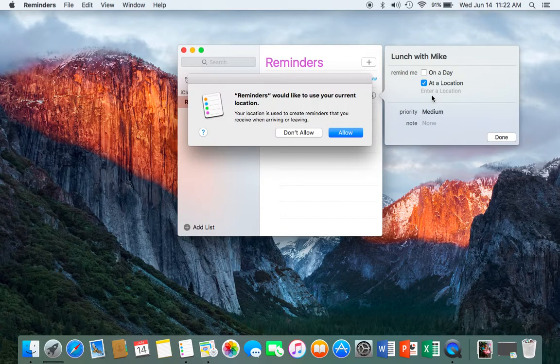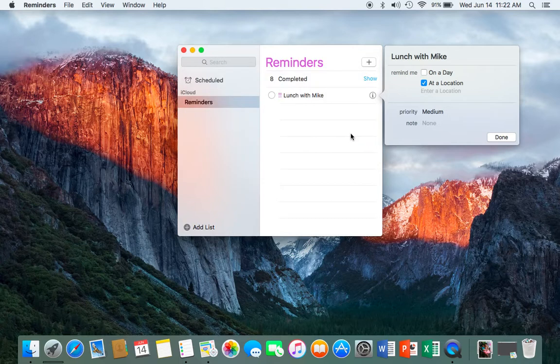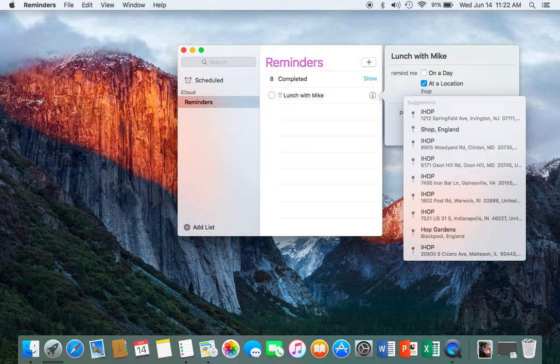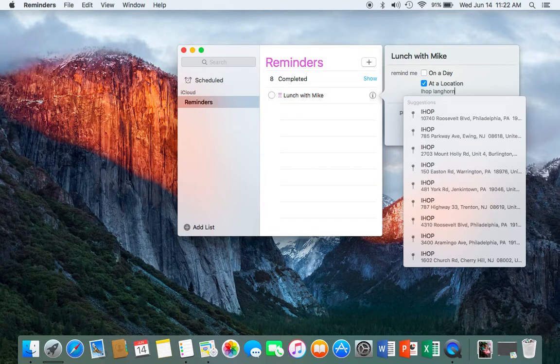So enter a location, and then you can use my current location. Like, would you like to use my current location? Then I could allow, and then the location would be, let's say we have lunch at IHOP in Langhorne. I'll say IHOP, Langhorne, PA. Click on it,